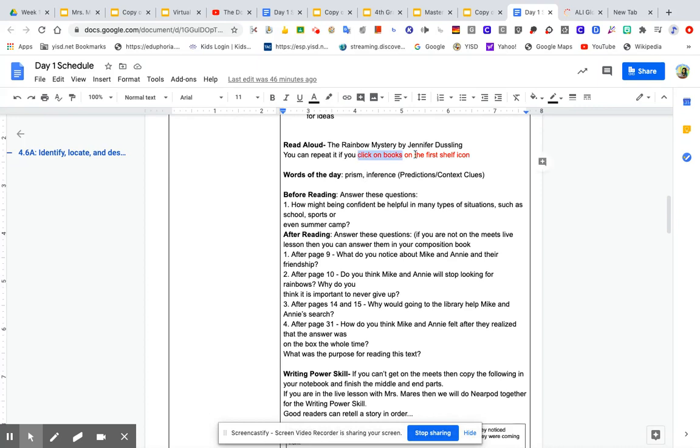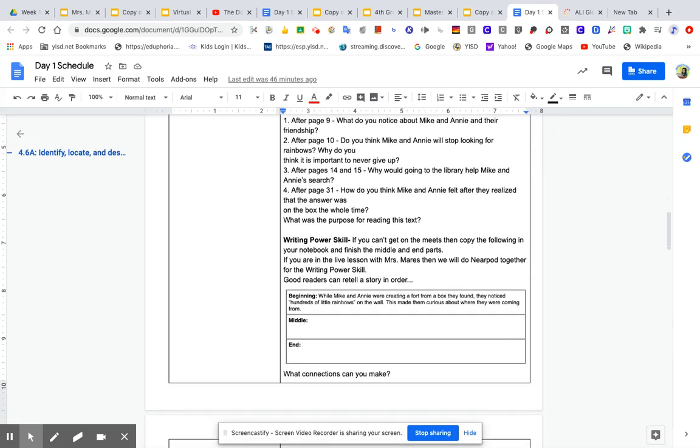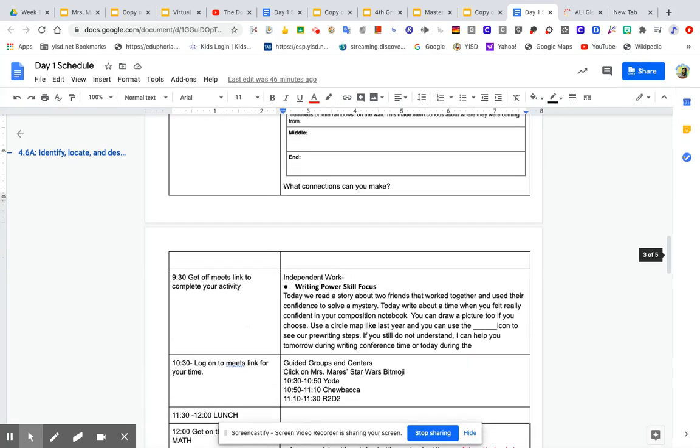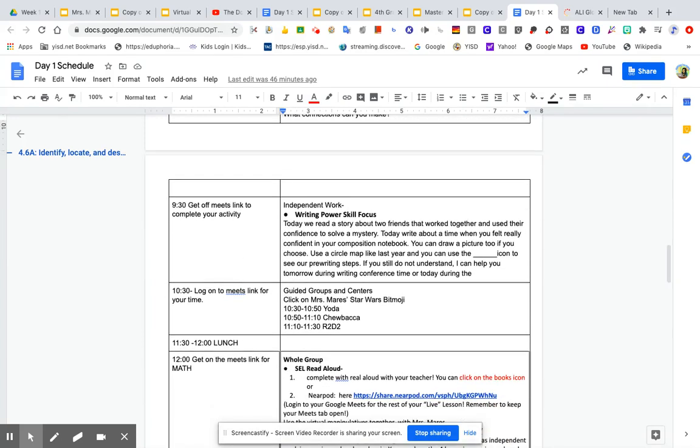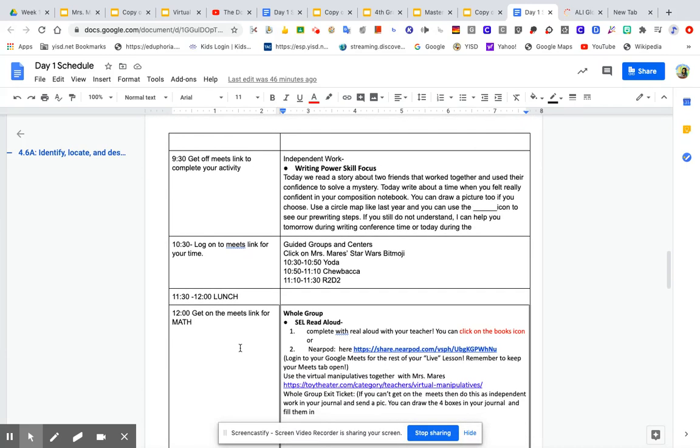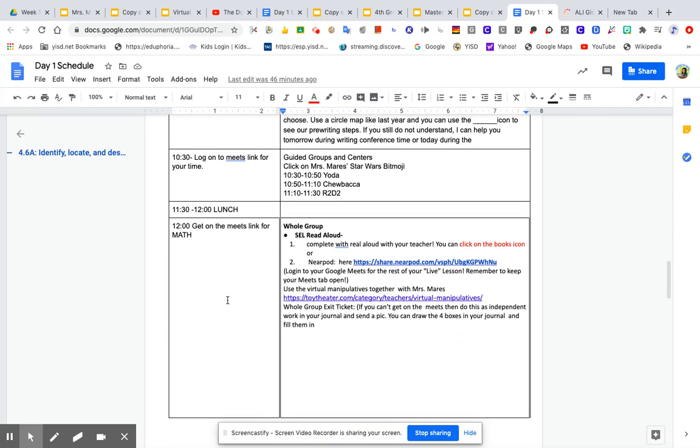I even also included the icons that they should click on, the instructions with the icons that they need to click on, and I put it in red so they could remember. And so I also put the times they get off for writing. They would log on for guided groups and centers, what time their lunch was, what time we would get on